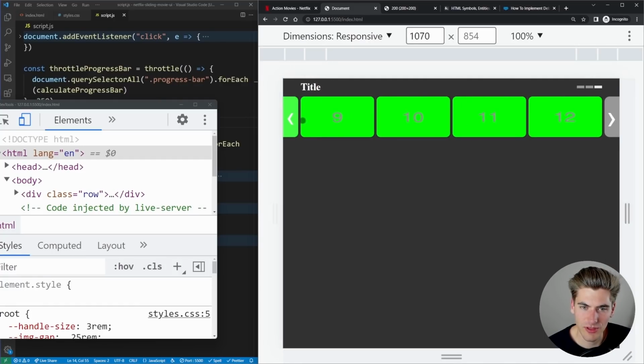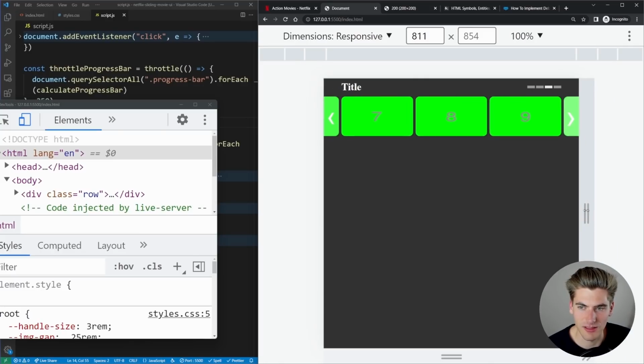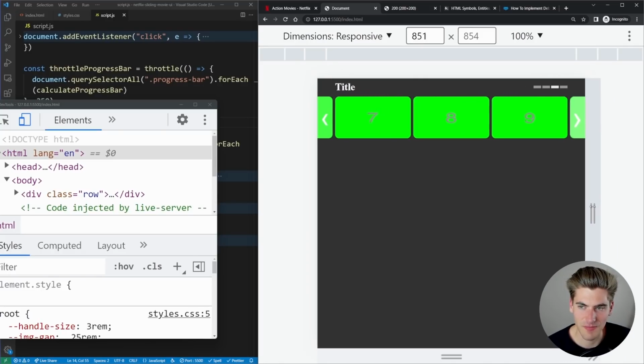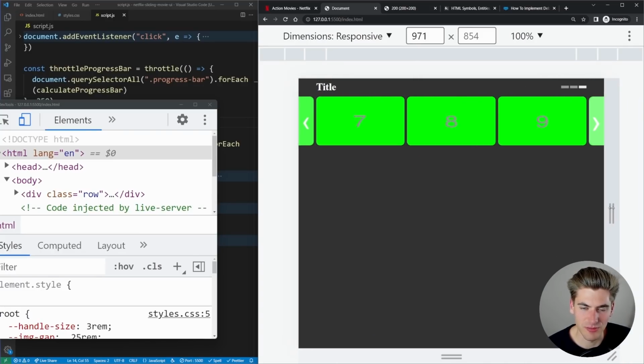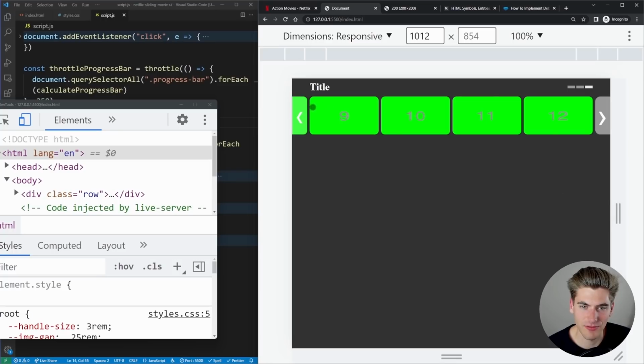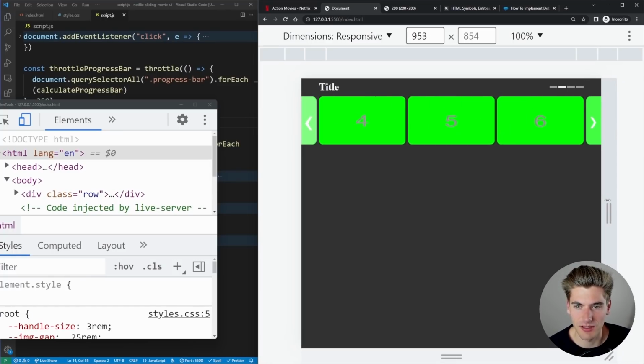I do think I need to fix, I guess I don't need to fix the slider index because that'll stay the same. Because when you're resizing your screen, this could mess things up. Like the slider index right now, if we go to this page, is on 1. Technically we're on the second page. So when I decrease my screen size, we're still going to stay on the second page, but the amount of videos we're showing on that page may change. I think that is a fine implementation. So now as you can see, this progress bar is perfectly updated.